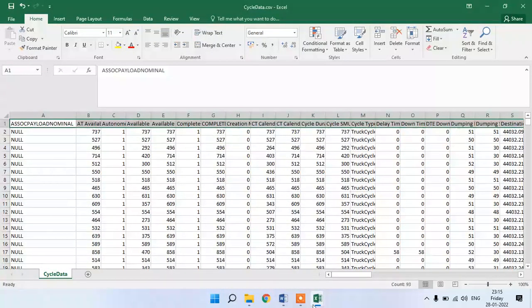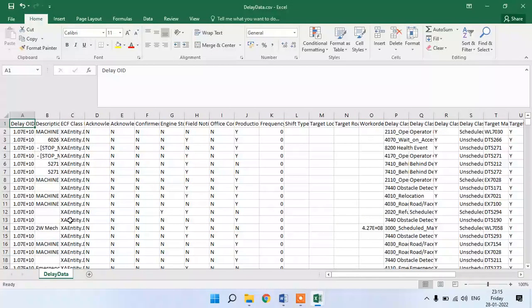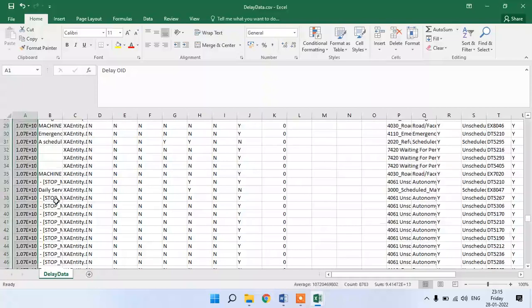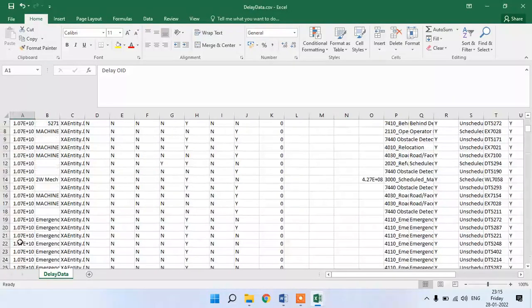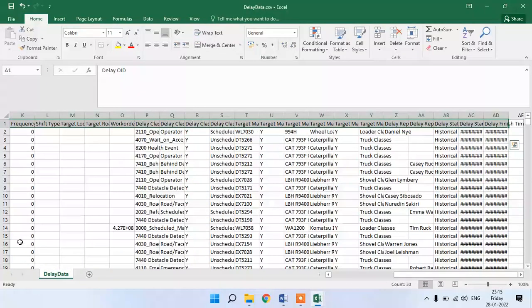Now I will show you the delay data as well as the location data. In this delay data, there are 8,783 rows and 30 columns.